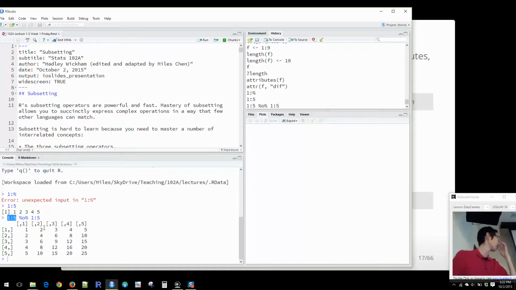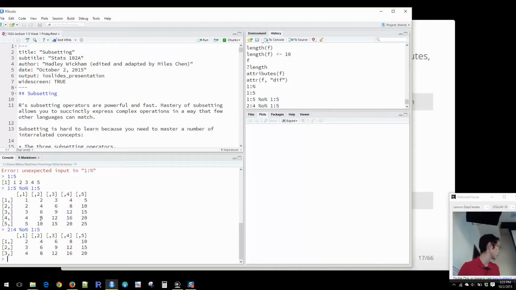Okay, so it's like if you're trying to create every single possible combination of different things, right? So, you know, we could do like 2 through 4, outer multiply 1 through 5. And so it'll take 2, 3, 4, and then 1, 2, 3, 4, 5, it goes across and multiplies these things. So it's a really neat function, and the longhand is outer. So 1:5, 1:5, and the default function is